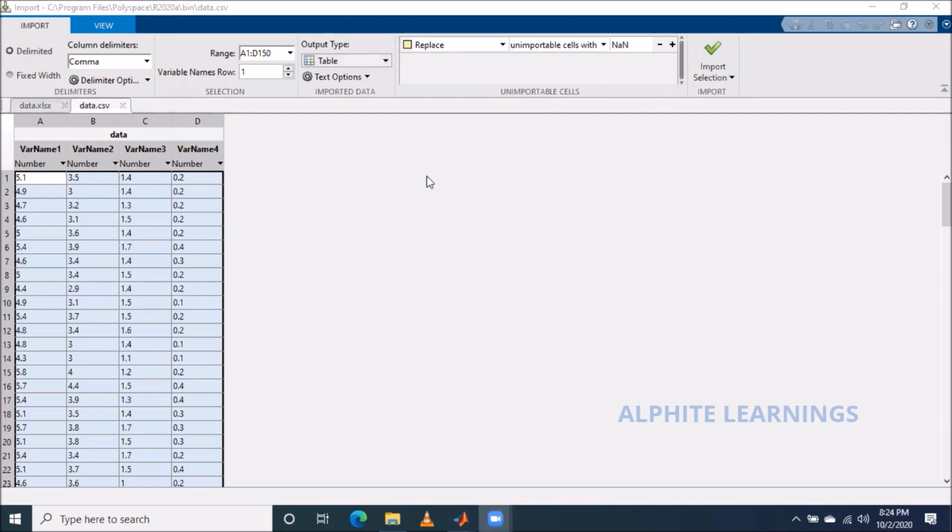You can see it's directly imported, right? It's just asking what is meant by column delimiter.